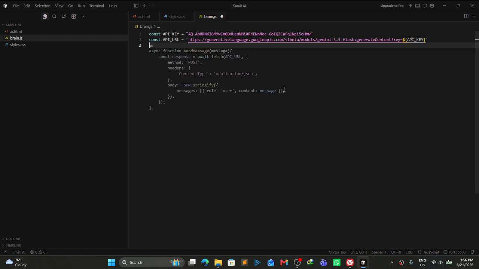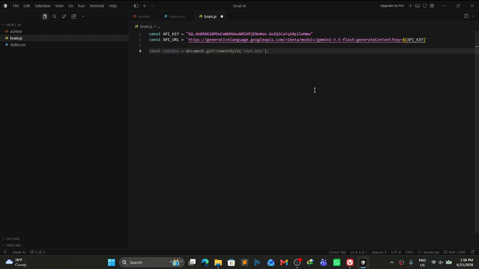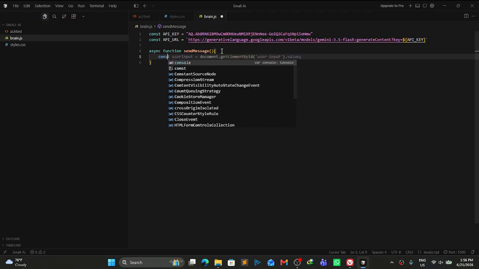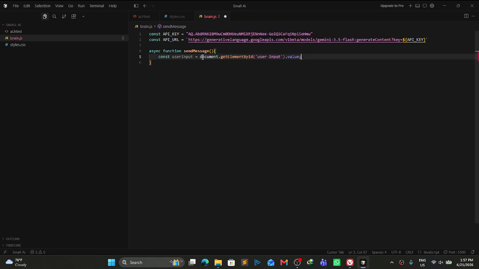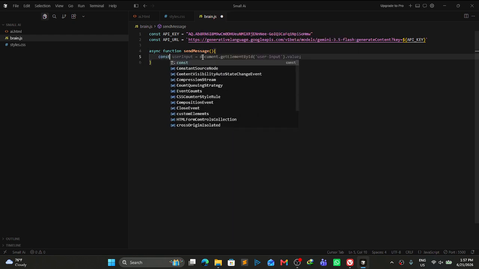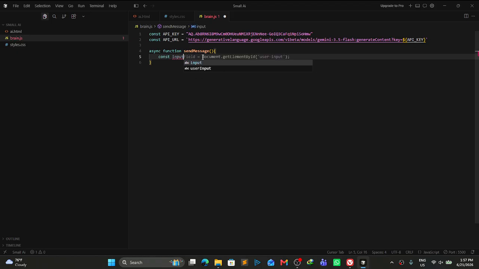So after connecting our Gemini with our code, we have to create an async function because responses from AI are very slow, so we will use async function to speed it up. So we will create a function which is send message, and we will not pass any parameter for now. We will create it, and now here you will write const input equal to